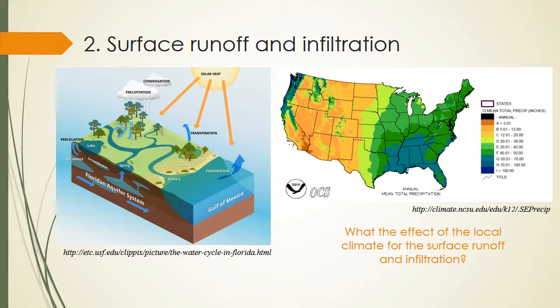In cool and humid areas like the northwest of the Pacific and the west of the Columbia, or the northeast of Canada, 60 to 80% of precipitation is transferred into the surface runoff. We can see that over there in the red diagram. There is less than 10% of precipitation transferred into surface runoff in the southwest of America.